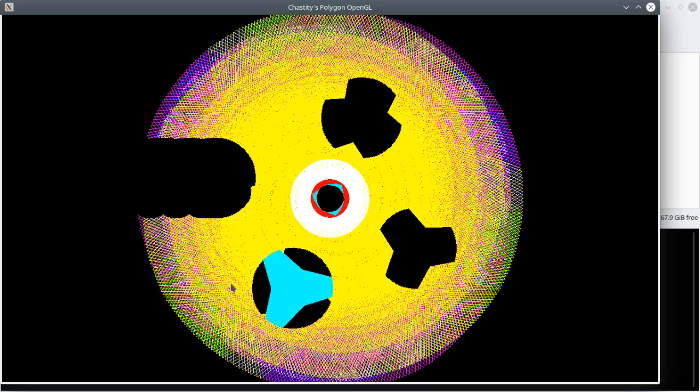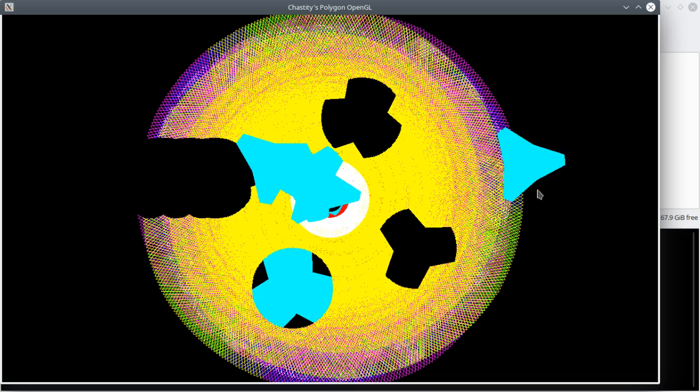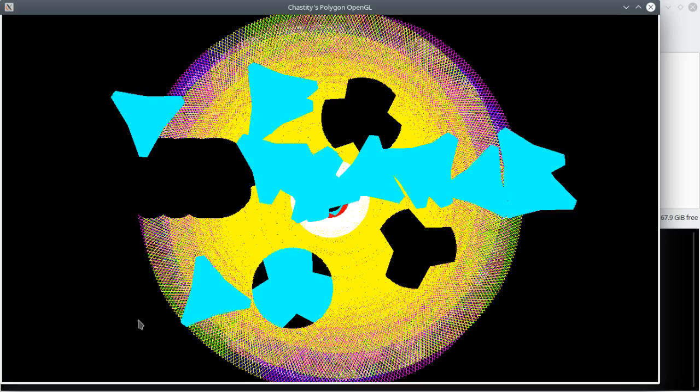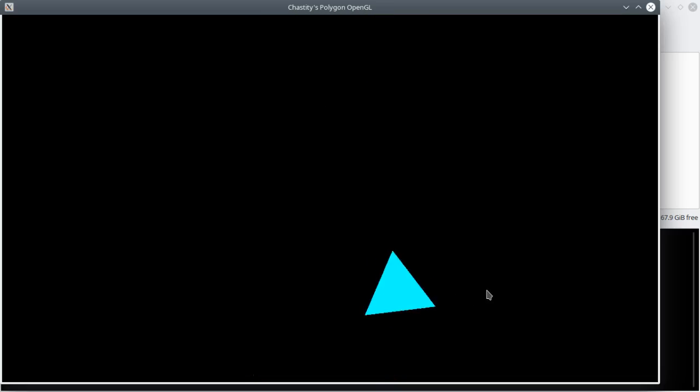But then I can change the color to cyan. You see, I'm going absolutely nuts. There's almost no limitations to what this program is capable of. And it's super fast actually. In fact,